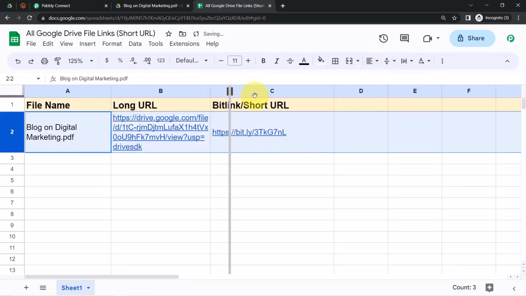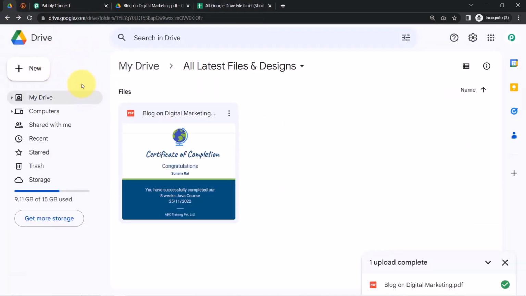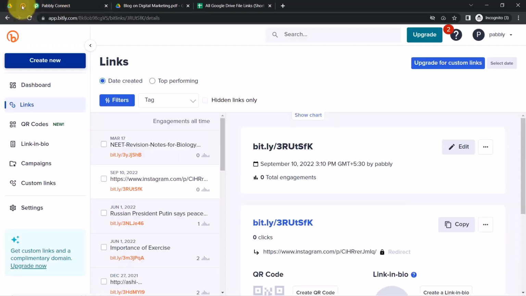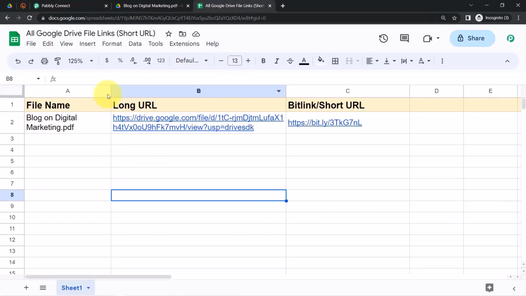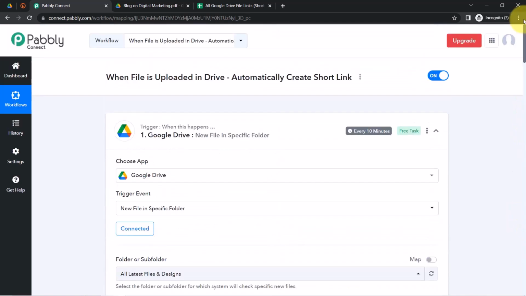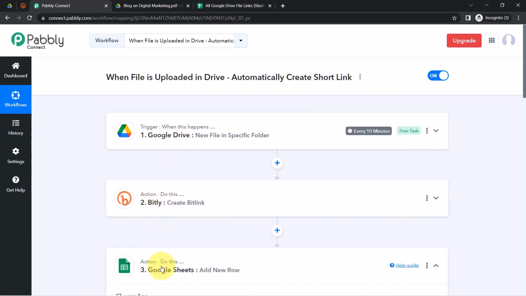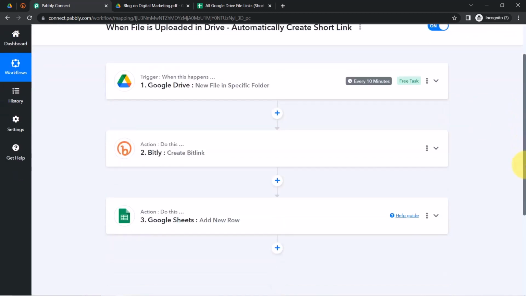short URL. Okay, so this is how now onwards every time you are going to upload any new file here, firstly the link of that file will be shortened automatically with the help of bitlink, and then the short URL and even the long URL data will be collected into our spreadsheet. And this automation is possible with the Pabbly Connect, and to automate this process you need to create this automation inside Pabbly Connect just once. After that you can sit back and relax, because Pabbly Connect will take care of all the tasks in the